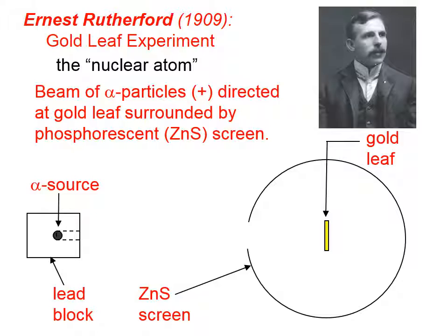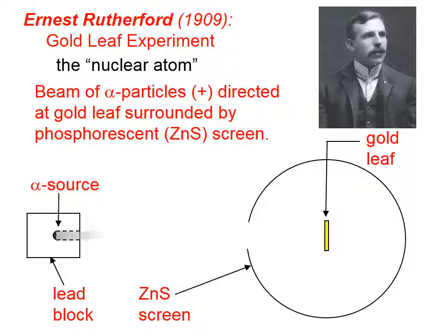We had a lead block that had a hole drilled into it, and into that hole, bloop, we dropped an alpha source. So that in effect, as this alpha source gave off alpha radiation, the lead would block the alpha radiation from going in every direction except right here to the right. So then that beam of alpha particles was directed at this very, very thin piece of gold leaf. Around the outside we put a screen that was coated with zinc sulfide, and it would glow whenever it was